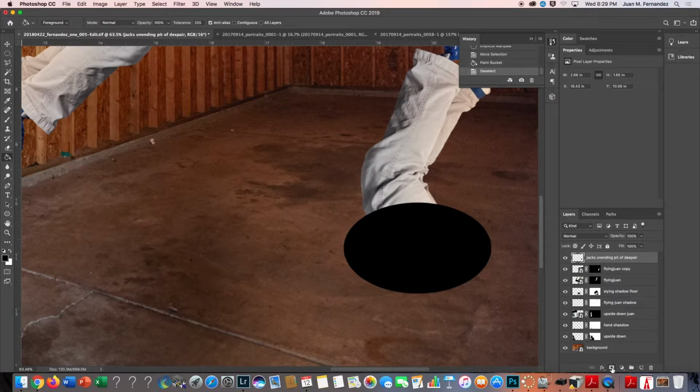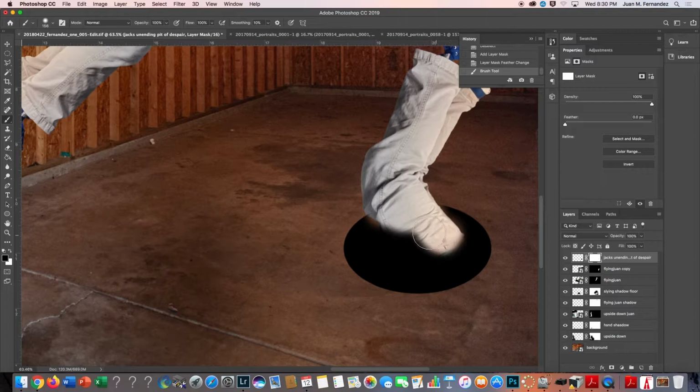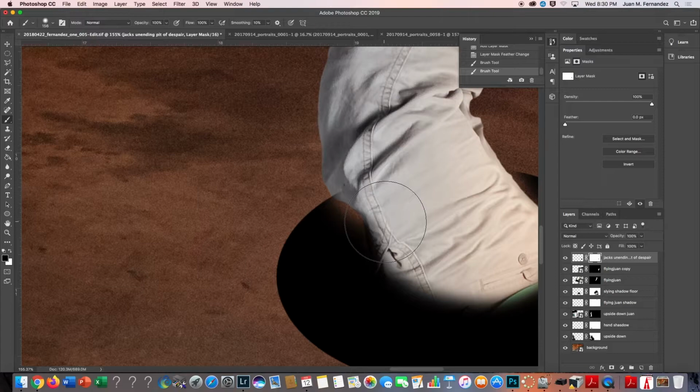Specifically when I use a layer mask on top of this, I can always feather it right here, and what you'll see is nothing happened because I haven't made any selections yet. So let me go ahead and do that. Let's bring this in. And there are so many different ways you can do this. But I just chose this one right now because I thought it might be a good way to start. So I'm going to go ahead and